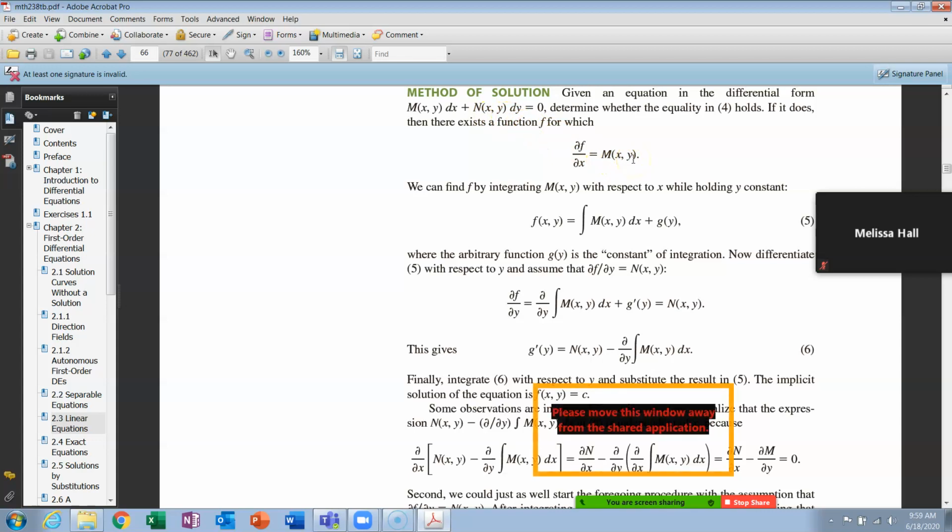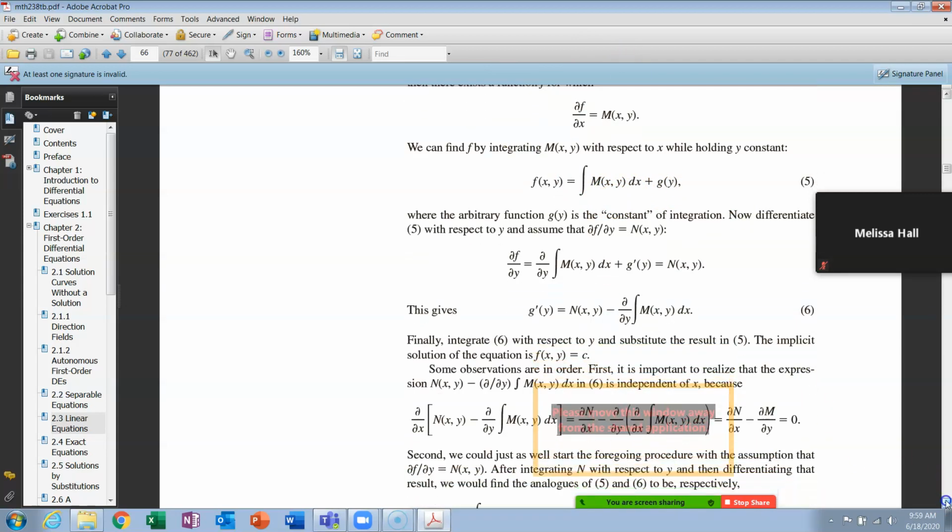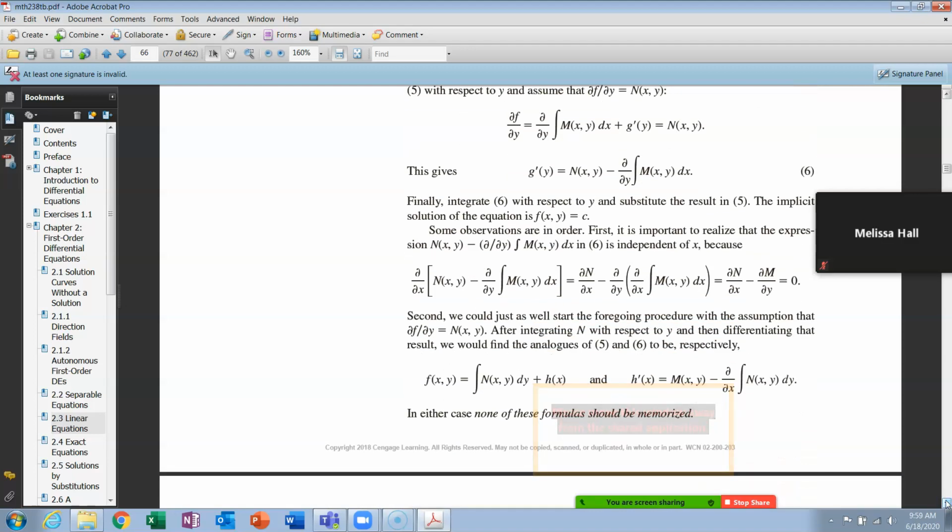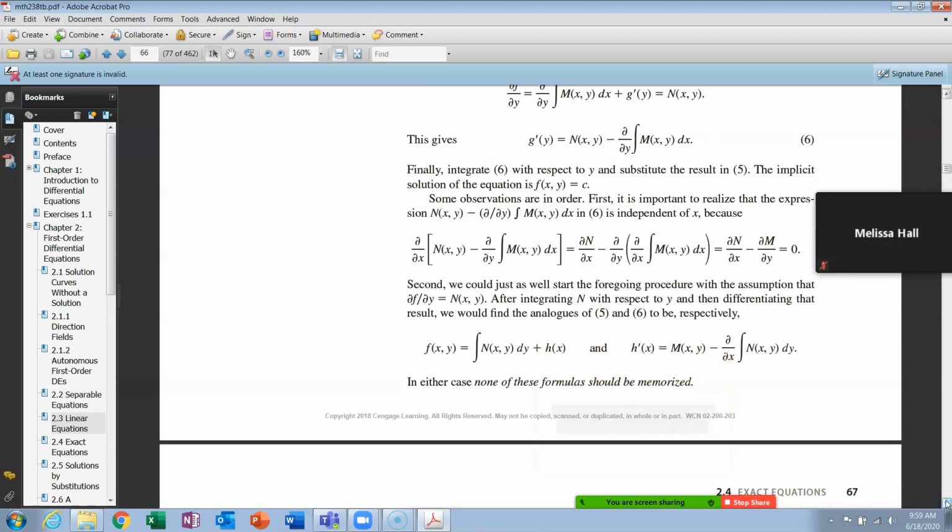So if one of these looks like it's going to be easier to integrate, use it. Don't go for the hard one. If things get really awful looking when you're doing this step here, go back and try it the other way, okay? There's no magic, nothing that says one is any better than the other, so do the one that's easier. But when you do it that way, then